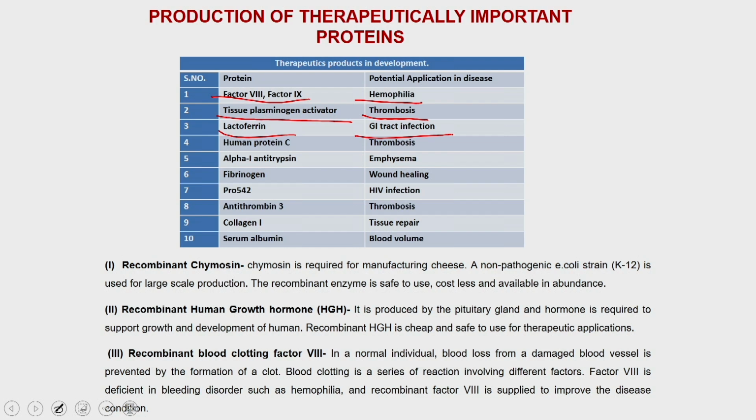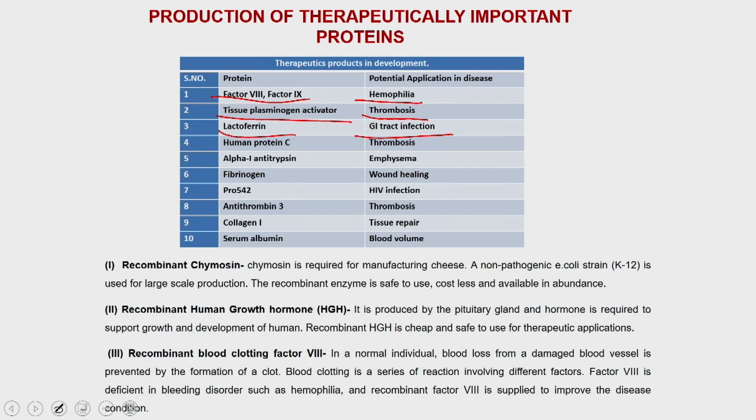And there are many more proteins which people are increasingly exploring and producing in recombinant expression systems, and trying in clinical settings to see whether that recombinant protein performs the same function it was supposed to do under in vivo conditions, because when you produce a protein under recombinant conditions,